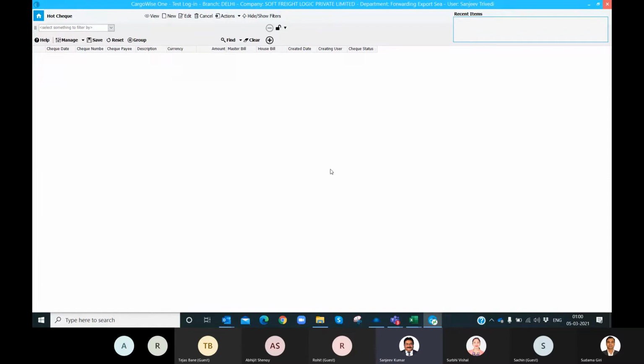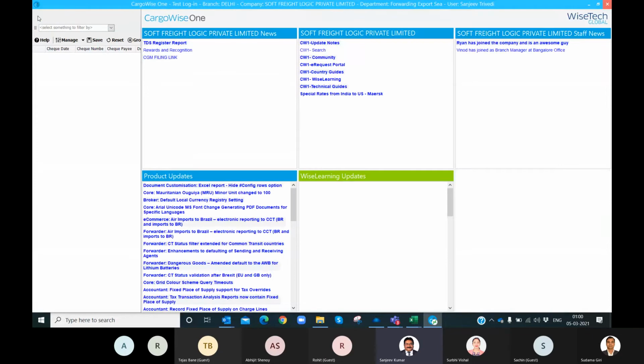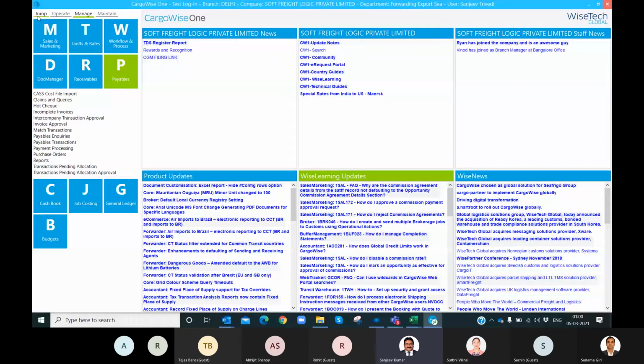If selected, it will ask for the actual amount, and then you can post against that hot check. Till the time it is a hot check, it is not going to affect your financial reports.